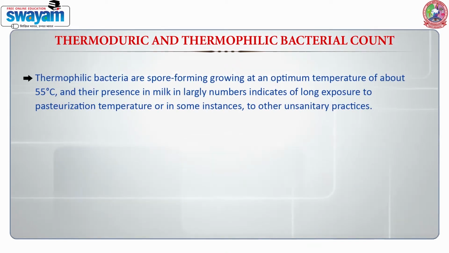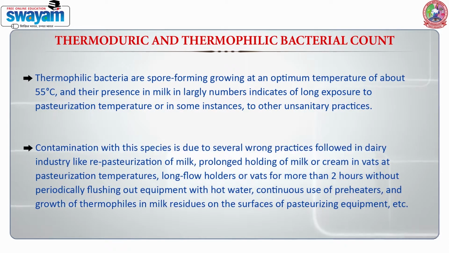The thermophilic bacteria are spore forming, growing at an optimum temperature of about 55 degrees Celsius, and their presence in milk in large numbers indicates long exposure to pasteurization temperature or, in some instances, other unsanitary practices. Contamination with this species is due to several wrong practices followed in dairy industries like